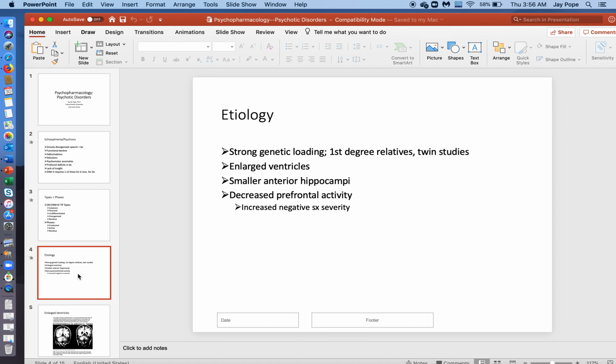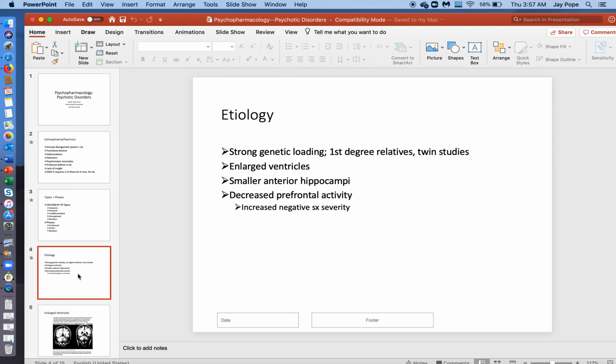The etiology or the cause of schizophrenia has been something studied very heavily. In fact, of all mental disorders, schizophrenia has probably been studied the most out of all the different categories of disorders. It's the subject of untold numbers of thousands of dissertations and master's theses, including my own. I did my own master's project and doctoral dissertation on the subject of schizophrenia.